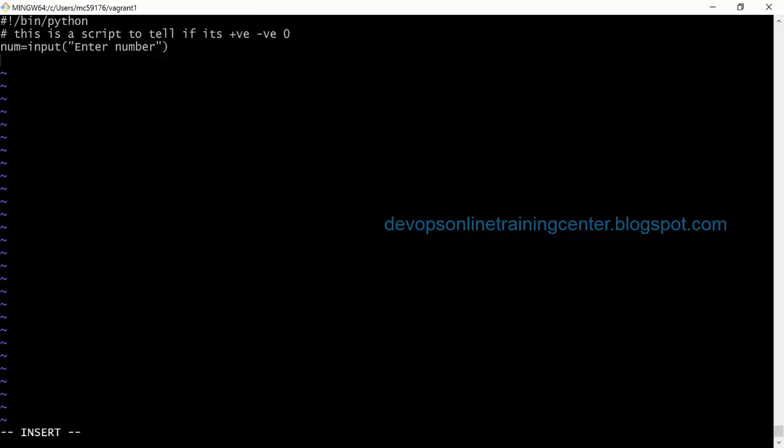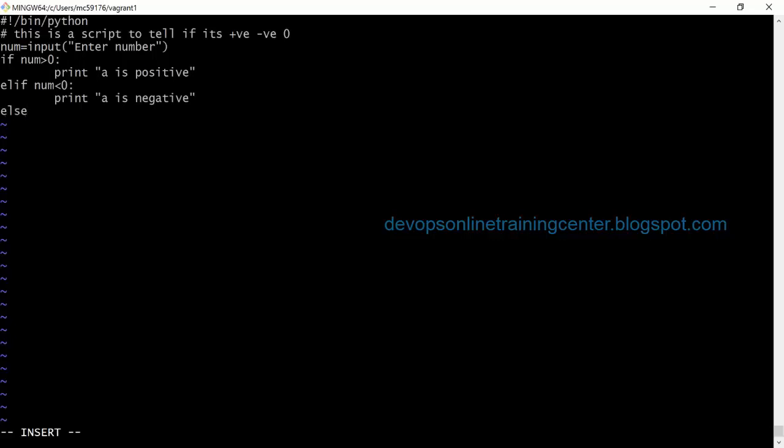So number has the value which is entered from the keyboard. Now what we do is, if number is greater than 0, then follow the indentation. I'm following tab, right? Print A is positive, right? Then if number is less than 0, again tab, print A is negative. So we can have any number of elif here. Elif is else if.